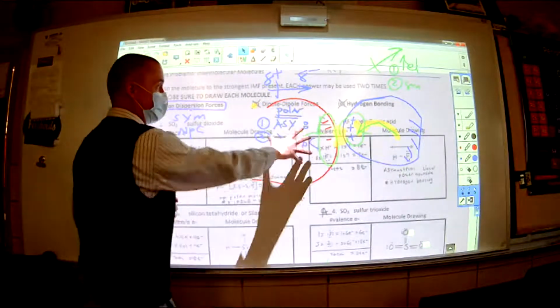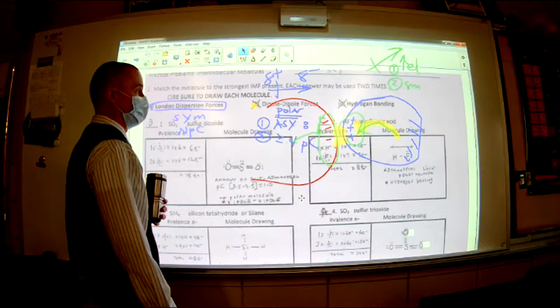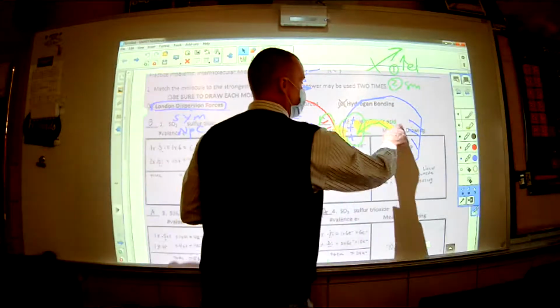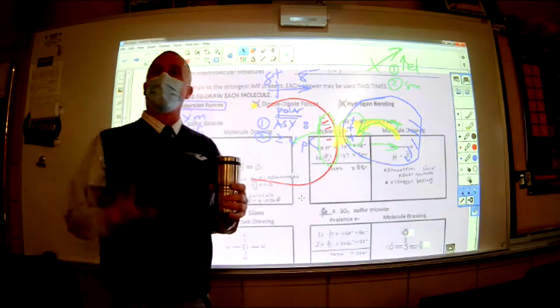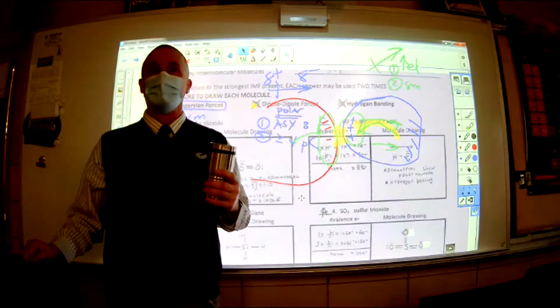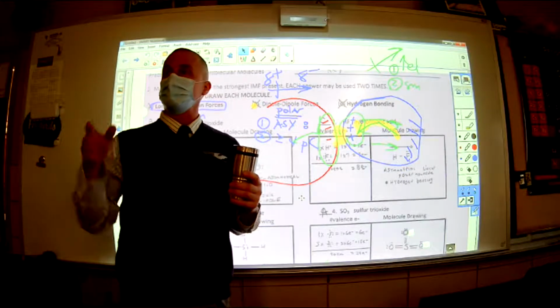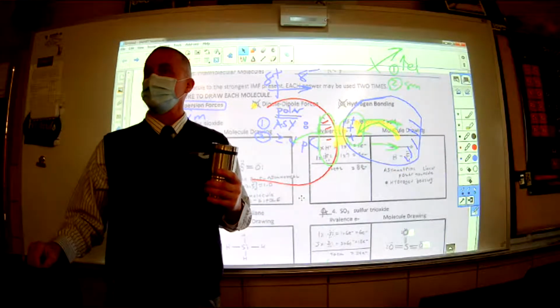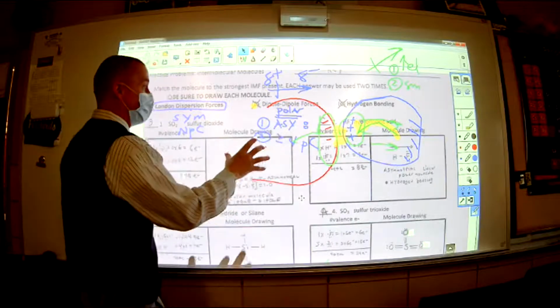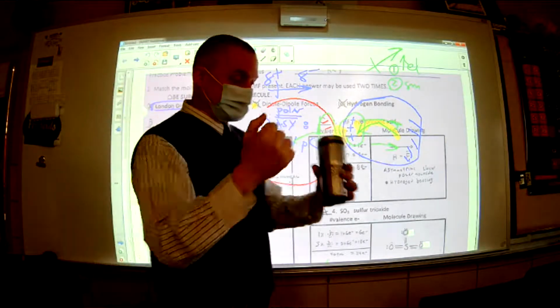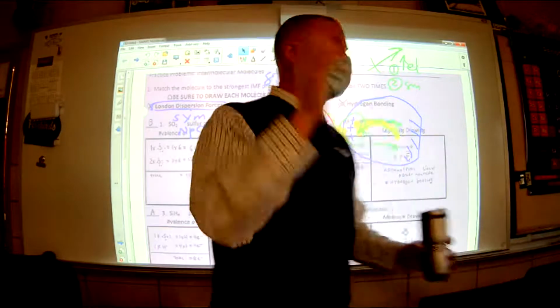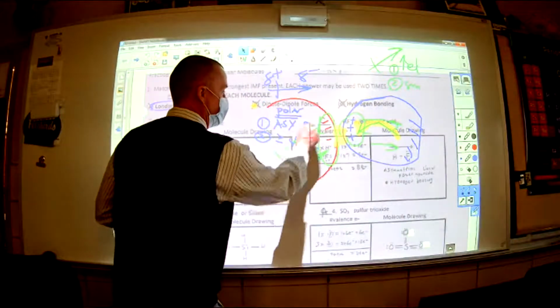Is that true of London? If I have electrons shifting, wouldn't it help if there were more electrons that could shift? Yes. What has more electrons, small atoms or bigger atoms? Larger atoms. What else? In order for electrons to sit there and freely move on the atom,